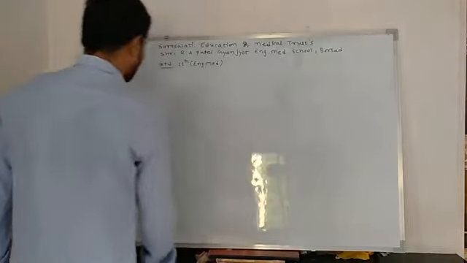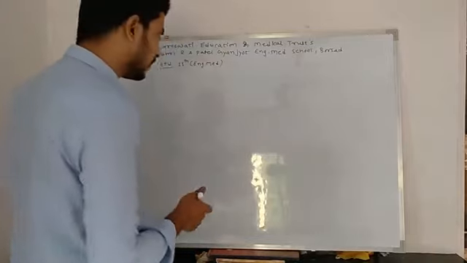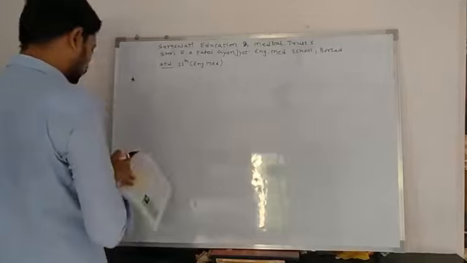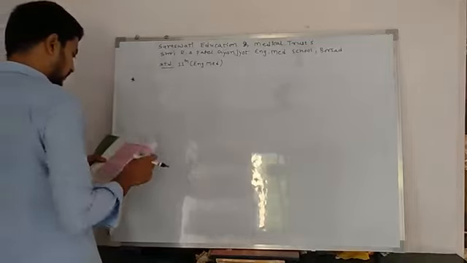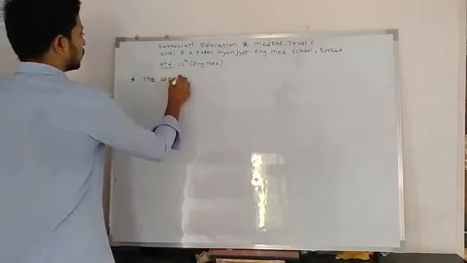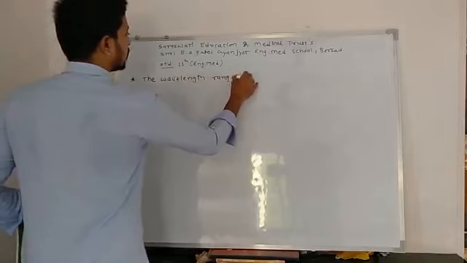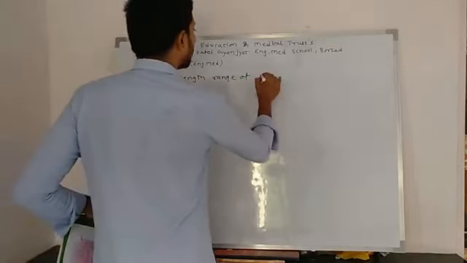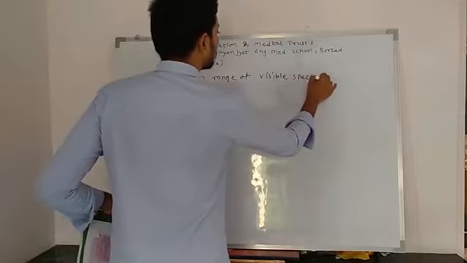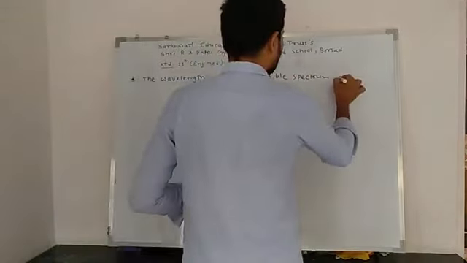So I would like to write a question in the form of a numerical. Our question is: the wavelength range of the visible spectrum extends from violet